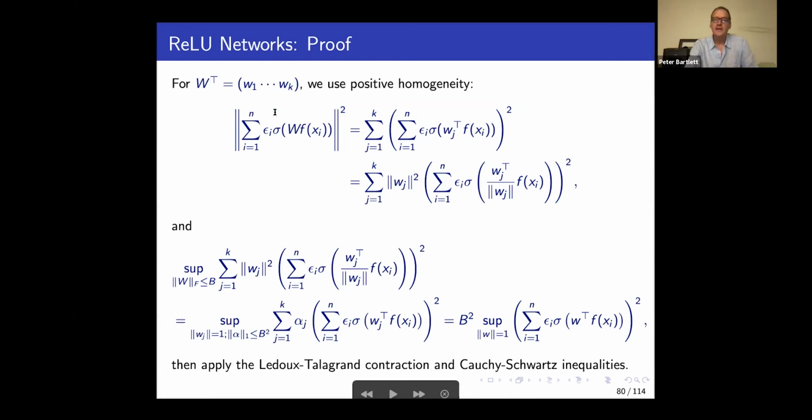So when we look at the norm squared of this quantity, we can write that as the sum across the k components